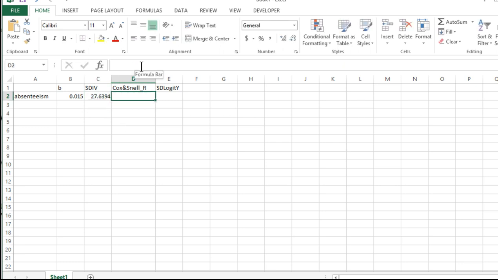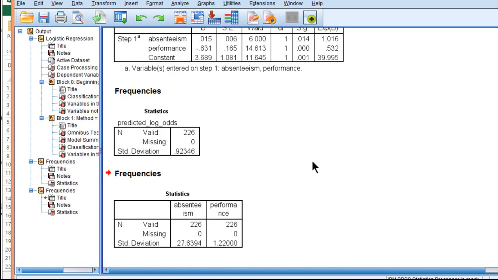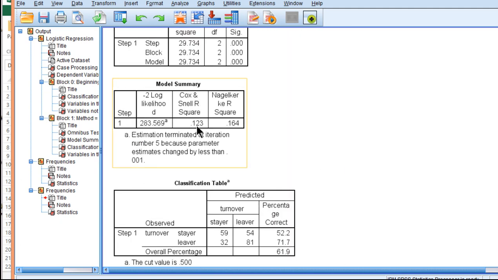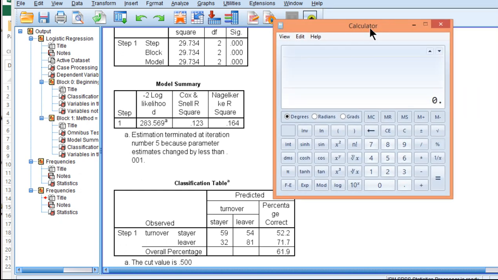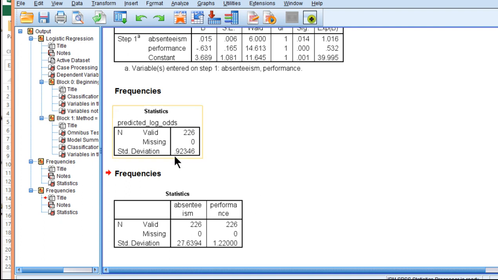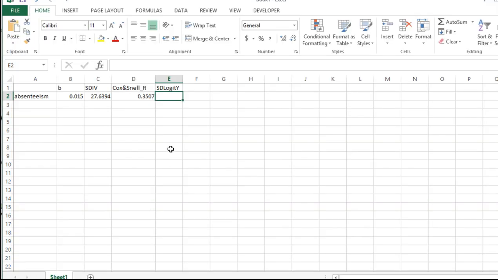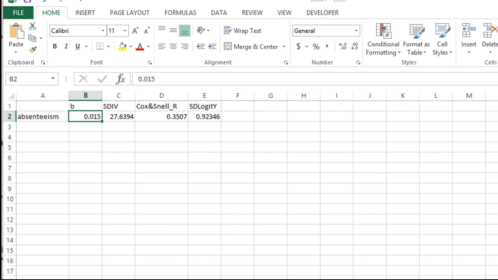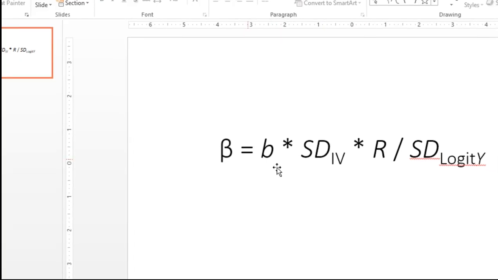27.639, and the Cox and Snell value, the R value, not the R squared, so 0.123, so I need to square root that value to get the corresponding R. 0.123 square rooted is 0.3507, and then the standard deviation that I estimated just over here of the predicted log odds, 0.92346. And so with these values, I just need to solve for this formula, which is the unstandardized beta weight